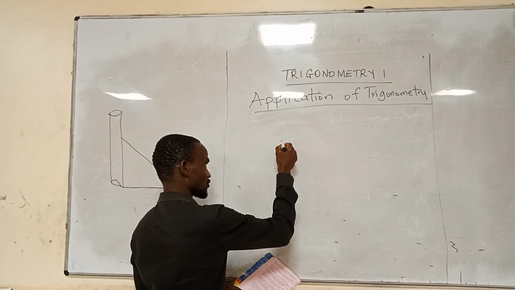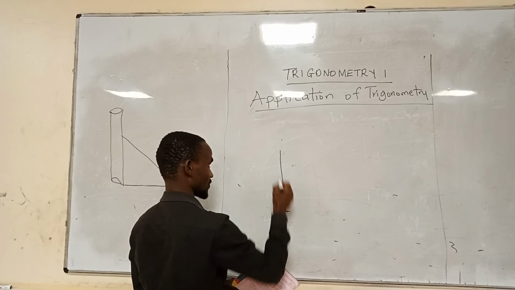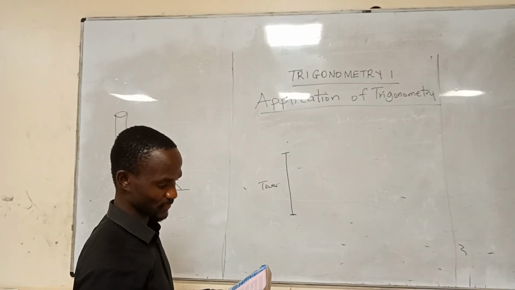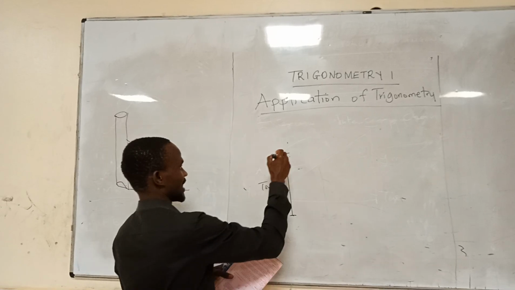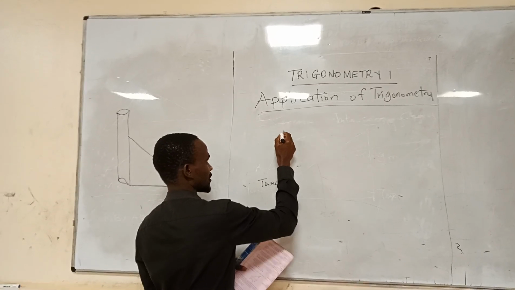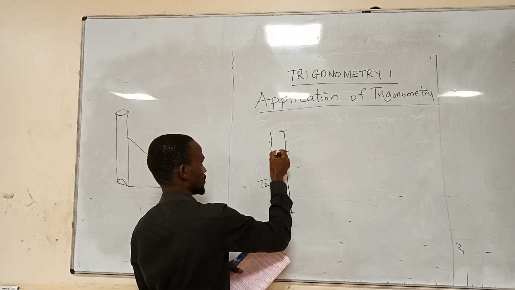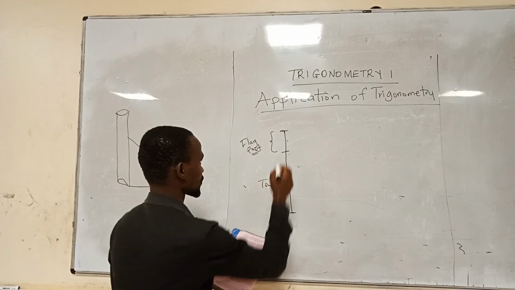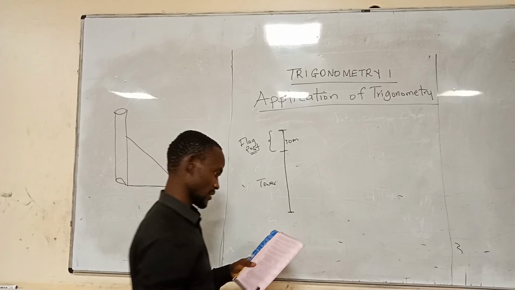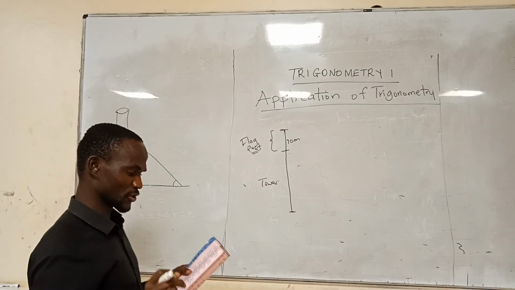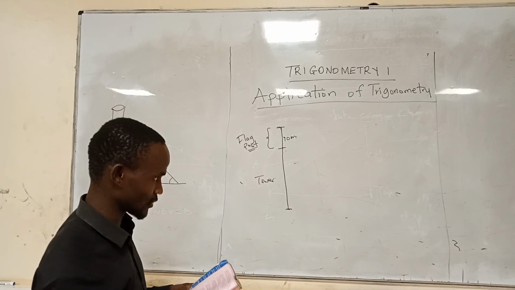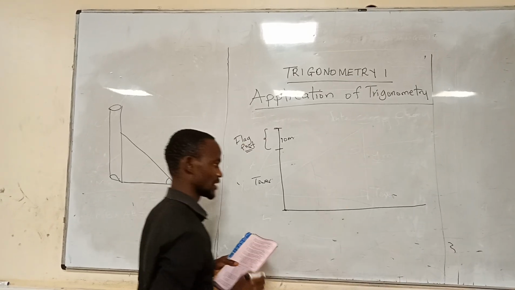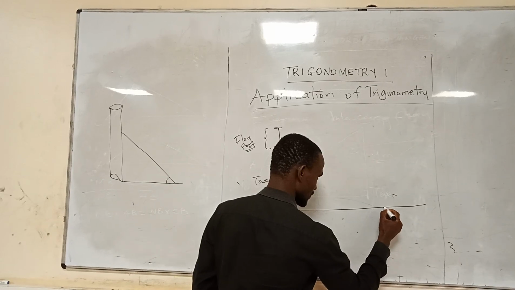So we have a tower. So you come up with a tower. So this is our tower. And then they are saying that a flag post is fixed on top of that tower. So this one is the flag post, which is 10 meters. Then you are being told, from a point on horizontal ground, so this is the horizontal ground, there is a particular point. From this point,